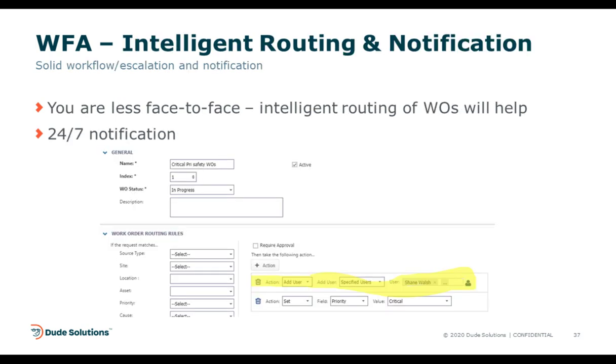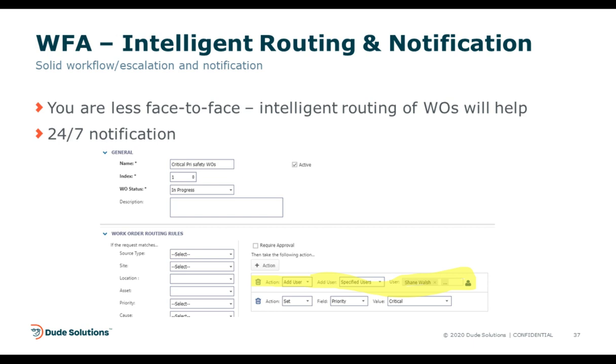Intelligent routing and notification. Solid workflow, escalation, and notification is essential. You're less face-to-face. Intelligence like this can really help. Also, 24/7 notification. That screen that I have there is an example of a configuration screen that, if a work order comes in, this is done by an administrative level person that'll set this up, but if anybody creates a work order in your operation and it has a COVID-19 tag or maybe a safety-related tag on that work order,